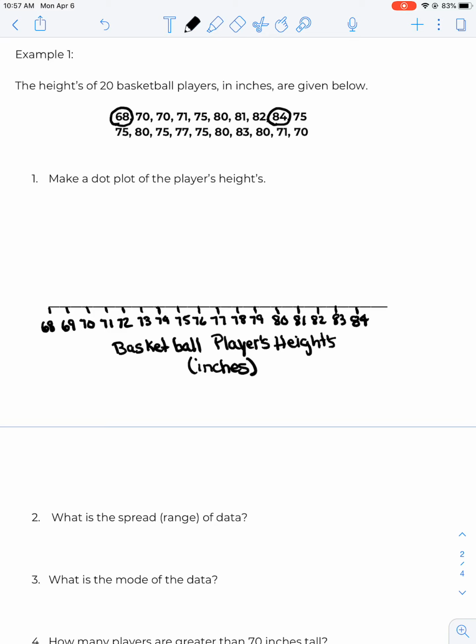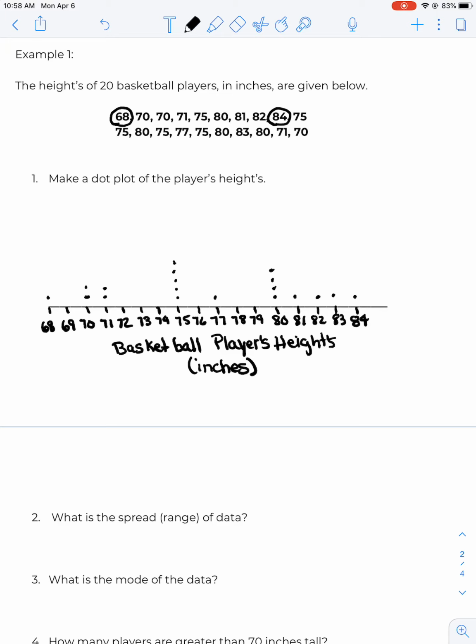So I have 68, I have 70 and 70, I have 71, 75, 80, 81, 82, 84, 75, 75, 80, 75, 77, 75, 80, 83, 80,